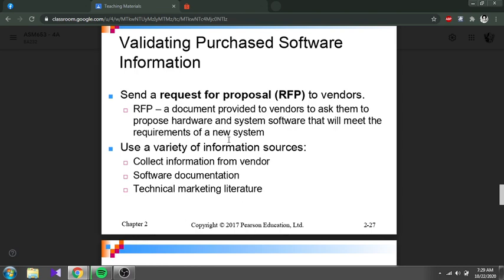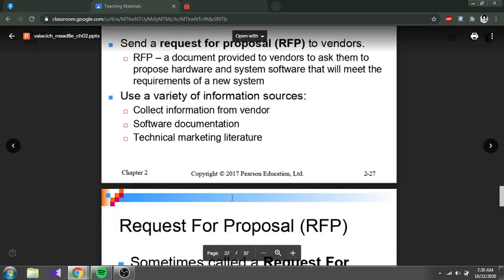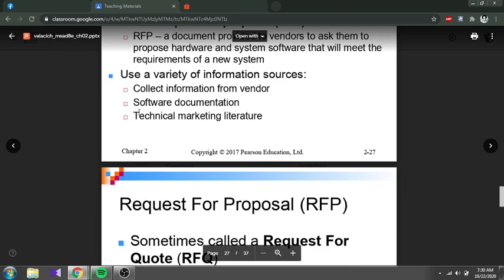yelah, the rules and regulation, because before you install your software tu, you have to agree with all the terms tu kan sebenarnya. Yes, you have to maybe give some of this privacy on the information ke, they can access your information or data ke. You have to look very carefully. And technical marketing literature. Alright, I think this one like a manual also.